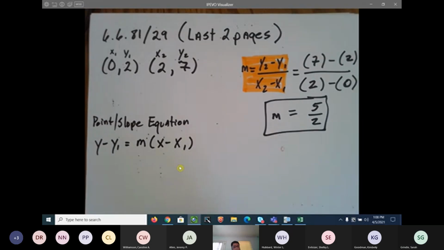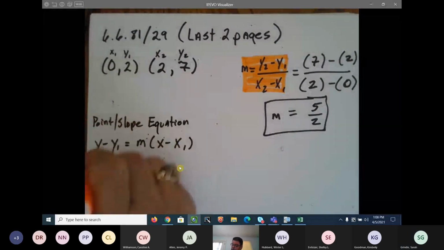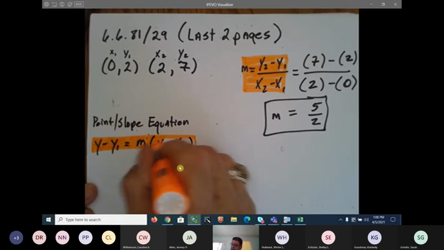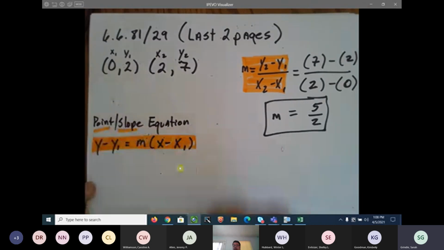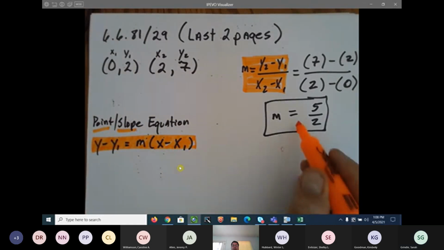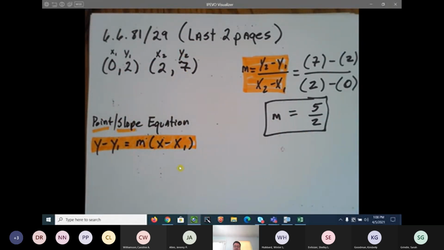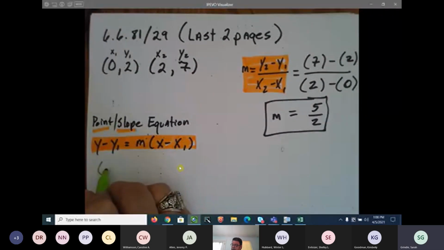Now I want to ask y'all a question. If the equation is called the point slope equation, what do you think you need to do the point slope equation? A point and a slope. We got the slope right here. We just need to pick out one of these points. Does anybody have any clue which point I'm going to pick? 0, 2. Why would I pick 0, 2, Miss Grindle? It's easier to plot. Exactly, it's smaller numbers. So here's my point,